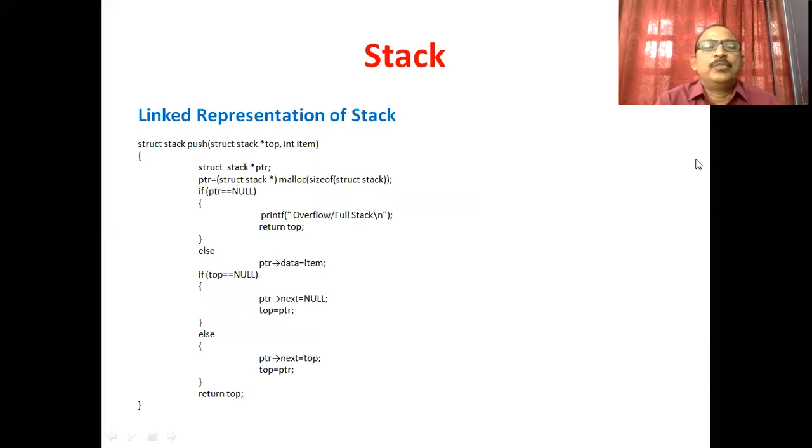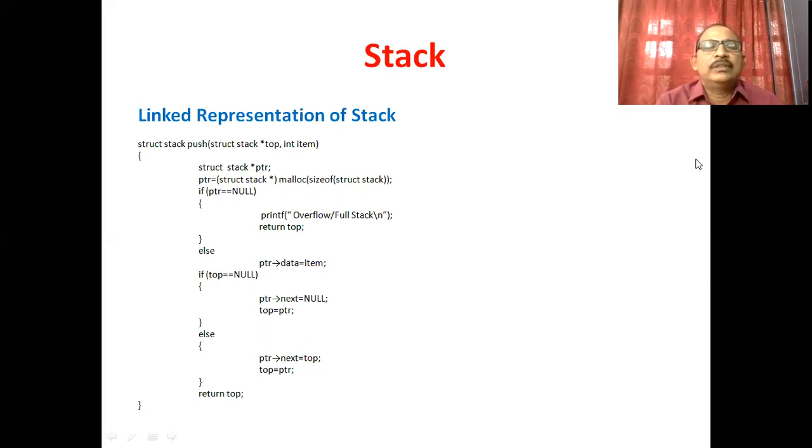Let us see our push operation. Struct stack followed by the name of the operation, push. It has two parameters. One is the top pointer variable, and the next is the item which we want to add onto the top of the stack. Okay.